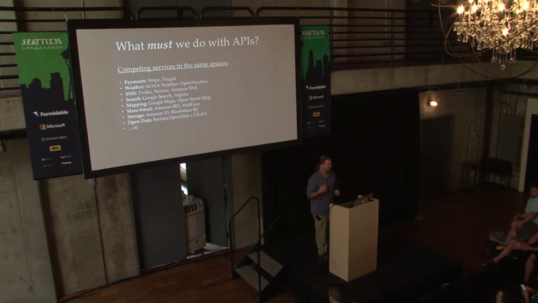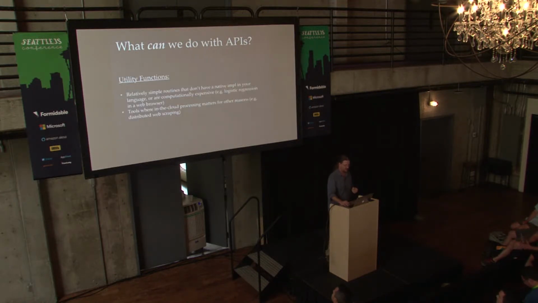Even when it's not specific to one service, often we still have to use a remote API, but we have our choices, right? So if I want to make a credit card transaction, I can use Stripe or PayPal. If I want to go and get weather data, I can get it from NOAA or I can get it from OpenWeather, okay? These are all available. You take a look at them, you decide what fits best, what you need in terms of information, and what you think is most reliable and most fits with your ethic, and you go with that one. But you can't just have your local phone figure out what's happening in the world in terms of weather. It's obviously not possible just locally.